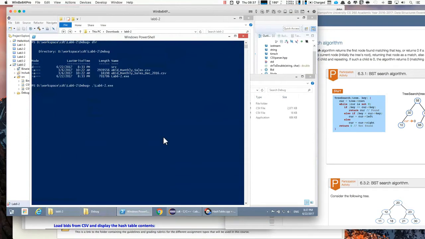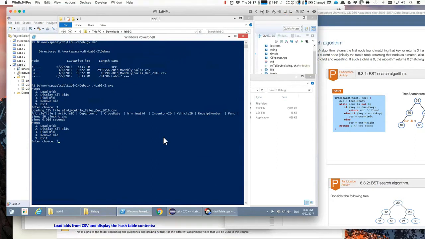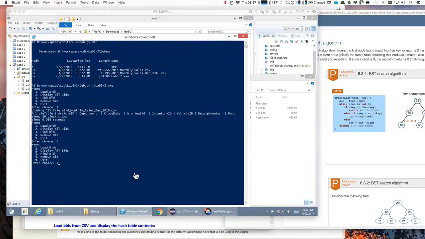So if I want to run this, I just type lab and the tab key, and there's our menu: load bids, display. We'll do a load first, and there they are, 16 clock ticks. Might as well do a display. Oh, I didn't implement display. That's okay, but we're going to do find bid, and if life is good, we should come back with 98109, which